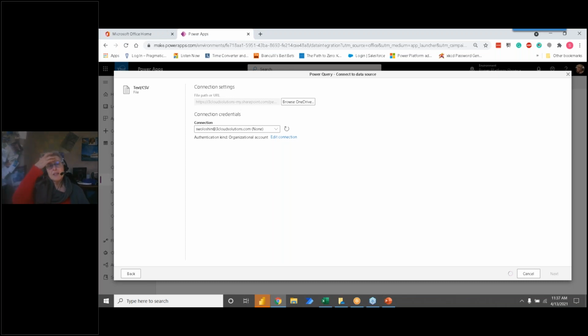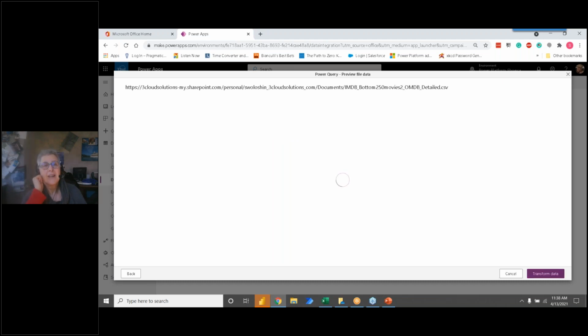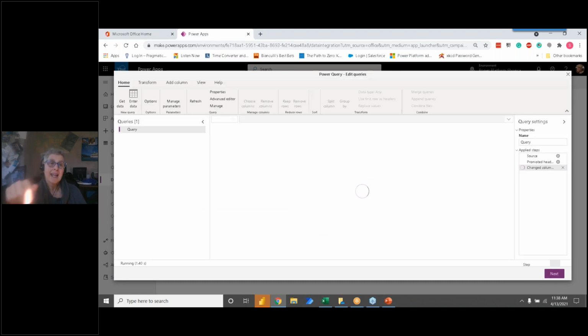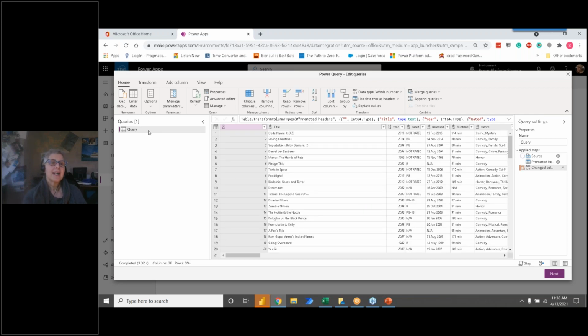It takes a little bit of time, but what it's going to do is give me a preview of the data. I don't think I've seen any connectors that don't give a preview. So here's my preview. It's just given me the first 200 rows, and it looks just like that Excel file, right? I'm just going to tell it to transform the data, and it's going to open that interface that I showed you a minute ago. All right? And it just brought it in, it didn't give it a name.